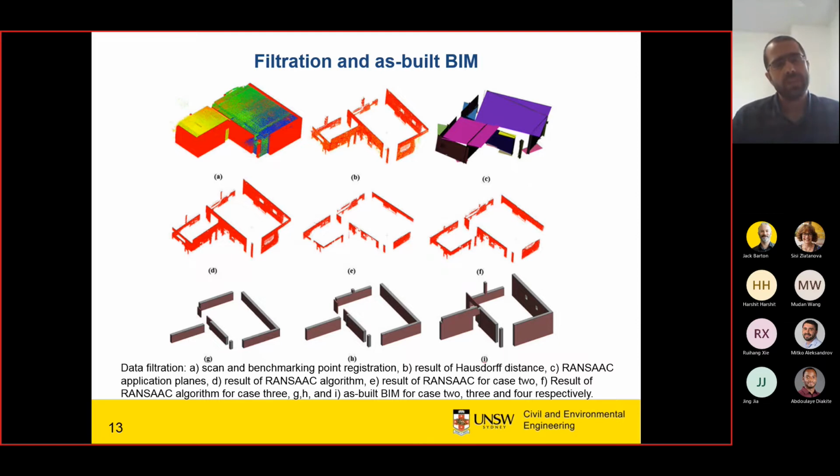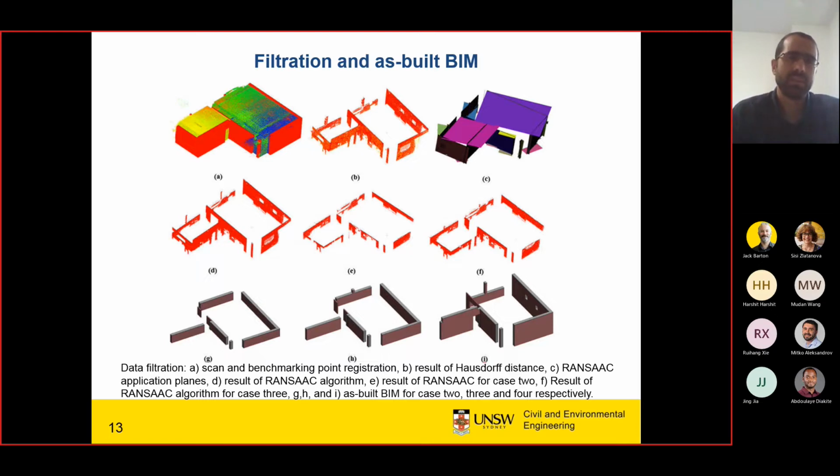Some parts, as you see here, like the corner in this part, are not shown, or these parts that we don't have. That is because in those areas we have furniture and also kitchen stuff, so they are not included, since we extract the similarity between the two point clouds, and those areas will be removed. And also, since we created the benchmark point cloud for all sides of the walls, like inner sides and outer sides,